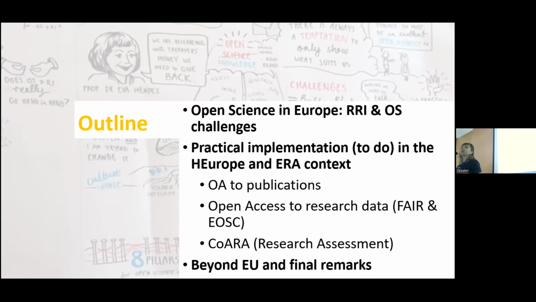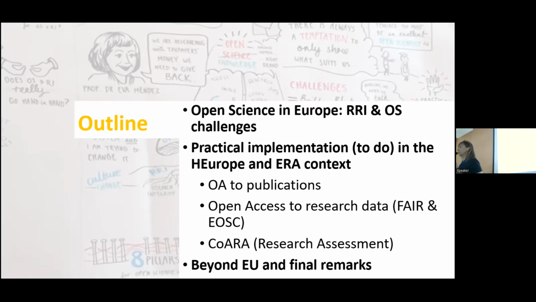Sometimes there is a lot of misunderstanding, a lot of false friends, where people think that open science is about paying for publishing, right? No, this is not about that. So I would like to underline some of those false friends and what the duties are as applicants, as researchers in open science in Horizon Europe, and also in the new context of the new European Research Area, where